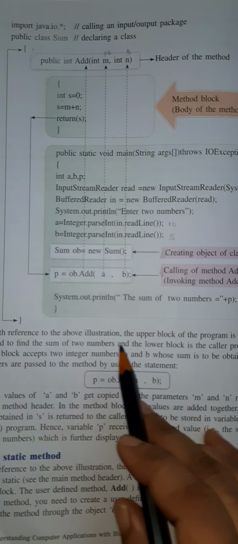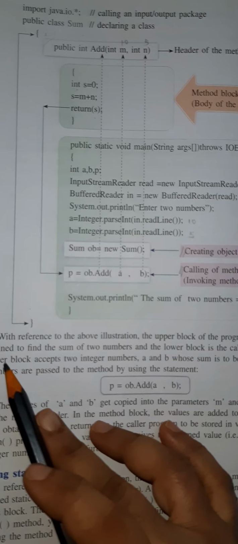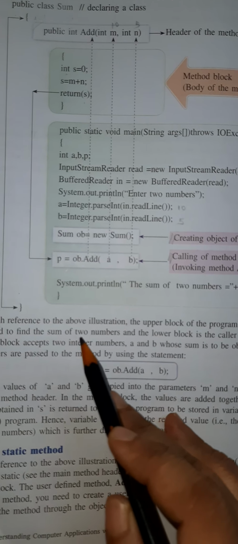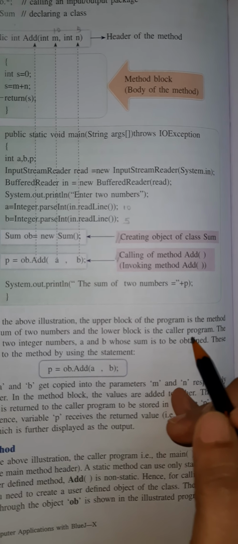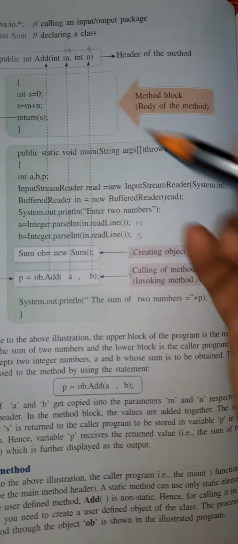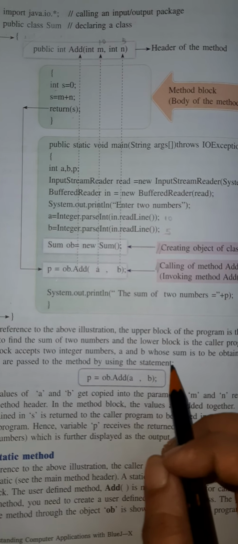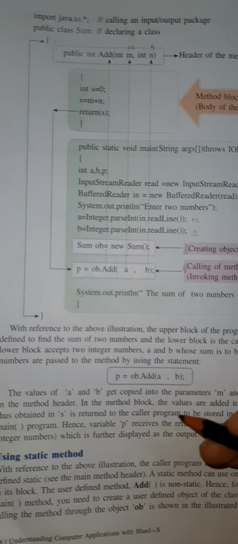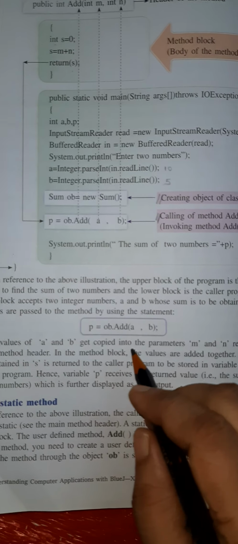With reference to the above illustration, the above block of the function is the method defined to find the sum of the two numbers, and the lower block is the caller program. So the lower block is the caller one, and this is the format. The numbers are passed to the method by using the statement. With this statement the values are passed to it, and these values a and b get copied